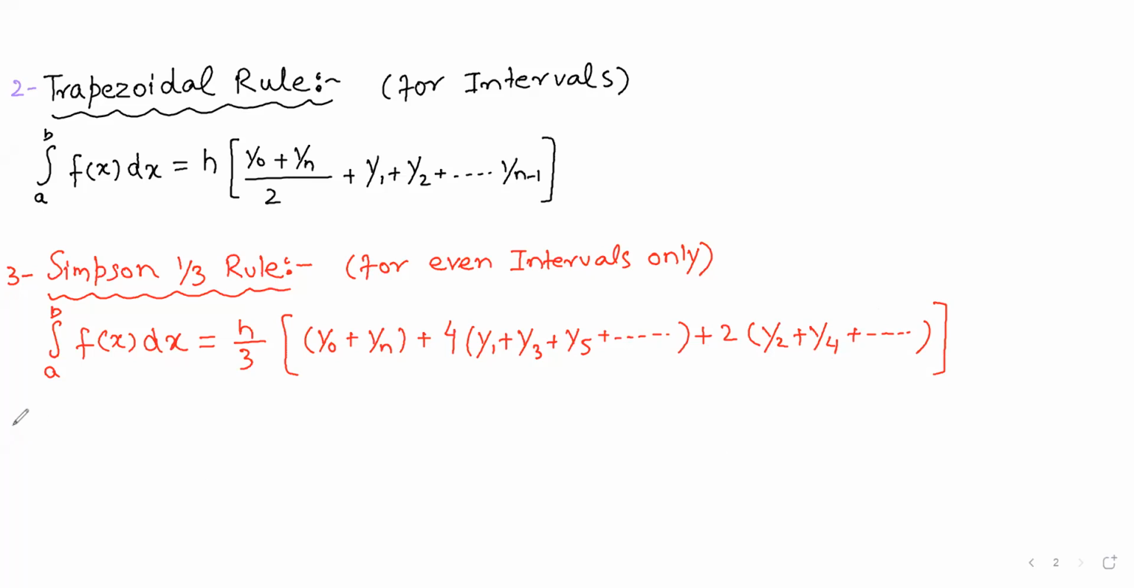And finally, number 4 is the Simpson 3/8 rule. It is applicable for multiples